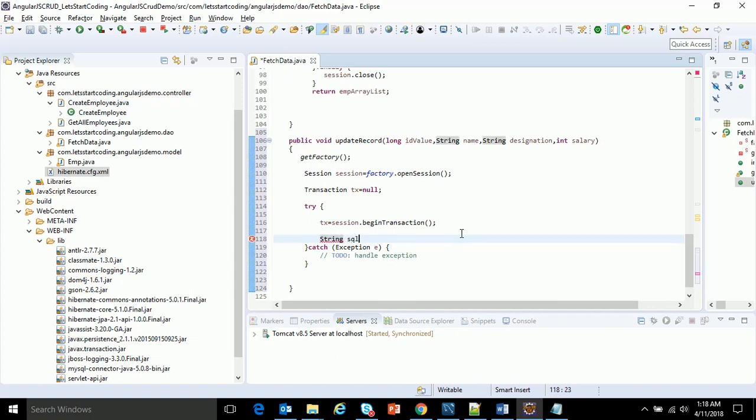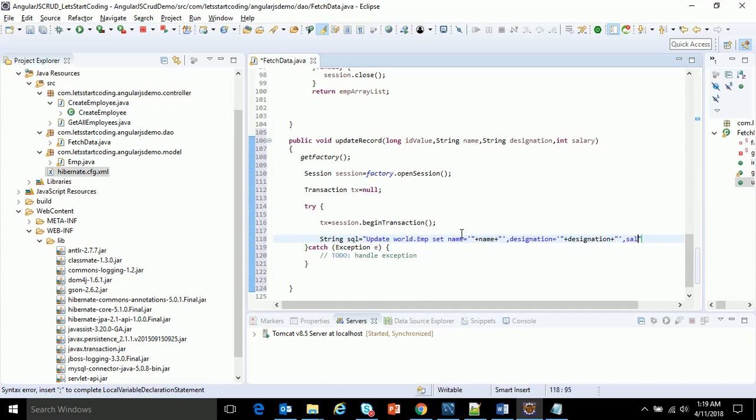So I'll use string sql equals update, my database name is world.emp. Set name equals single quotes plus the variable name, single quotes, designation equals single quotes, variable name designation, single quotes,